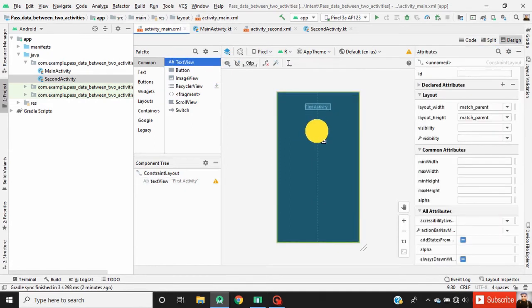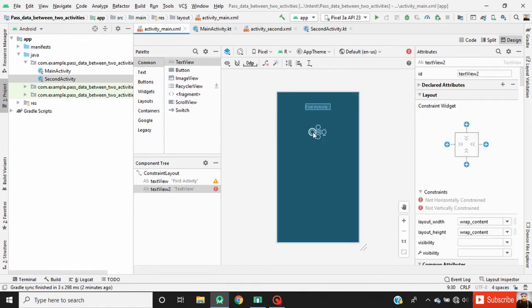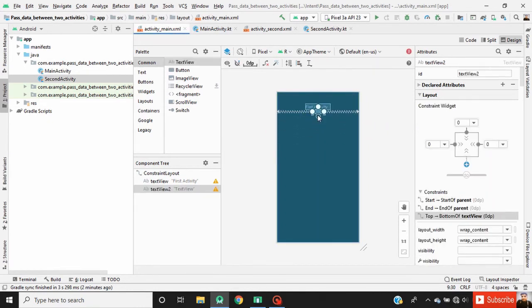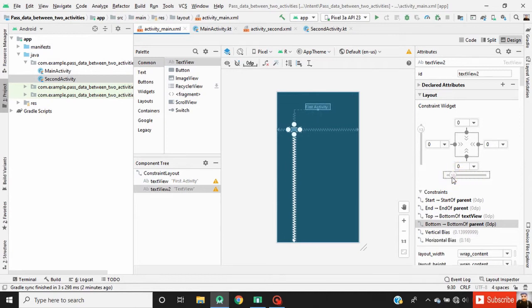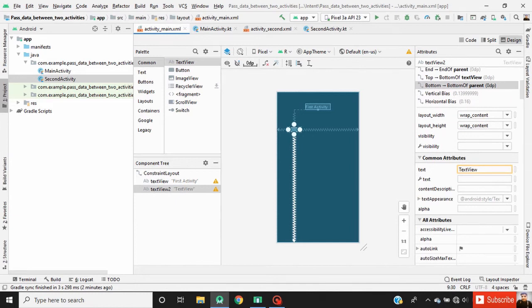Now drag another text view. Define constraint for this text view. Set the vertical bias. Also set the horizontal bias. Change the text.